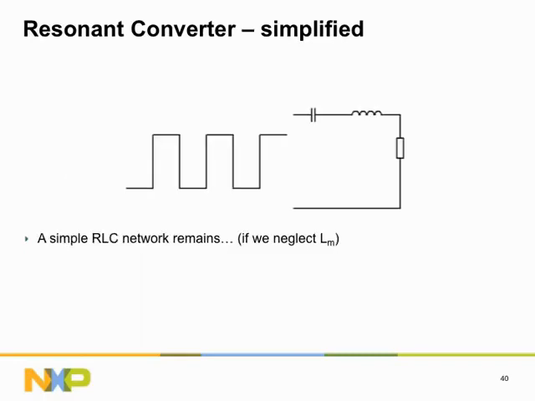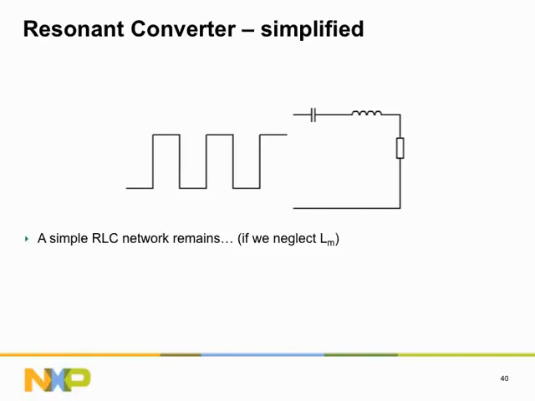It's a simple RLC network that remains. If we would not neglect the magnetic energy storage in the transformer, there would be an inductor Lm representing the magnetization inductance of the transformer in parallel with the resistor. But in this elementary explanation of the operating principle of a resonant converter, it's appropriate to eliminate Lm from our analysis. The qualitative behavior of the RLC circuit is described in nearly all textbooks on network theory, but we'll give